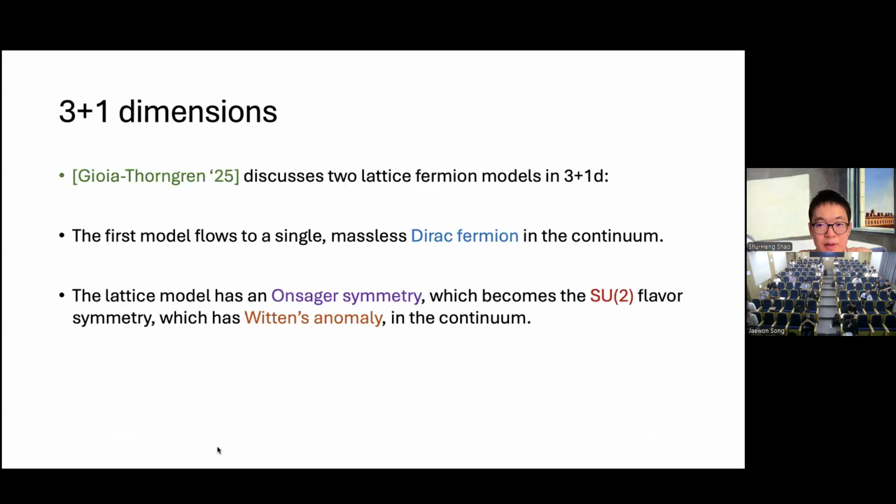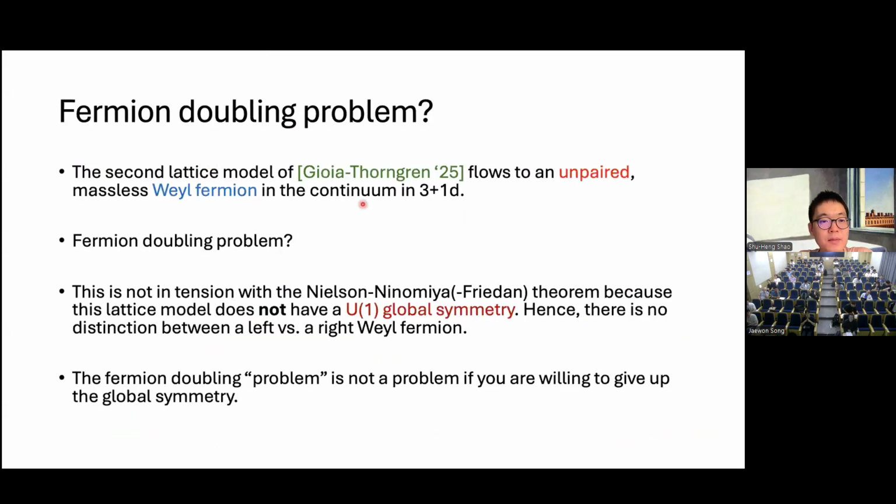All right. Now, this paper also discusses another model which flows to an unpaired massless Weyl fermion in the continuum field theory in 3 plus 1. So that sounds a little bit puzzling because earlier in this talk we mentioned the fermion doubling problem. But that was in 1 plus 1D. In 1 plus 1D, it's not possible to realize a single left-moving Weyl fermion. In 3 plus 1D,